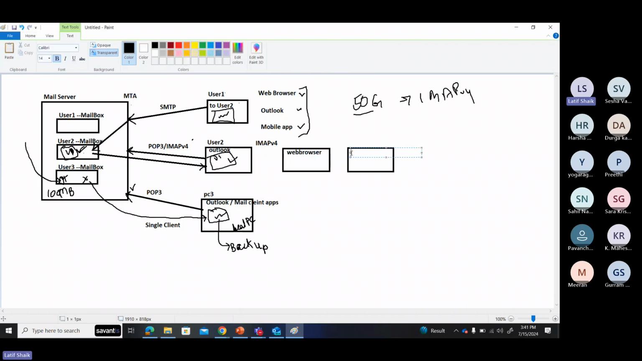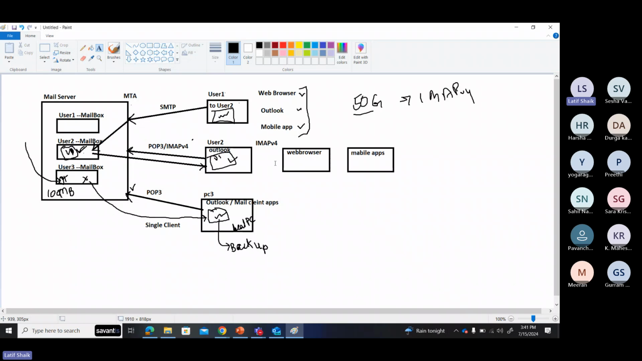You can use some other mobile applications, just like a Gmail application. It means the same mail you can access from any device, anytime, anywhere. You can access because the mails are always on the server only. Where we generally prefer IMAP is bigger